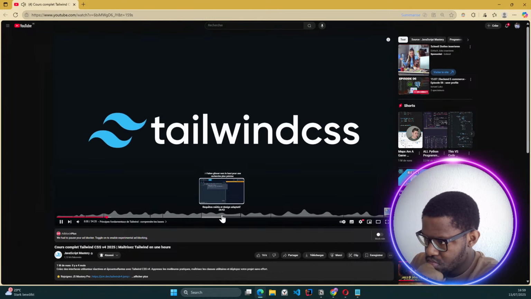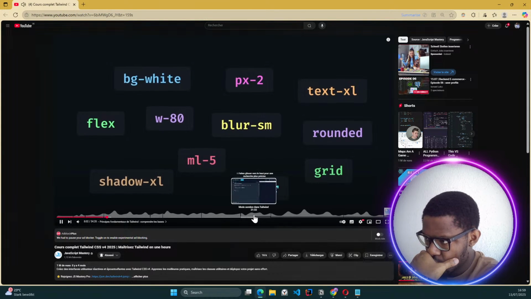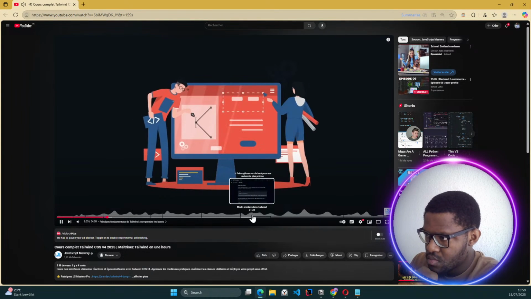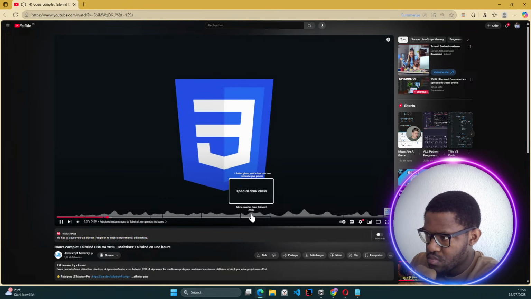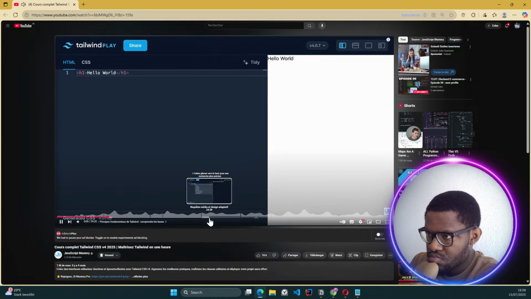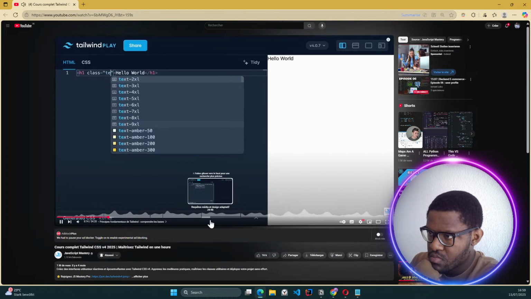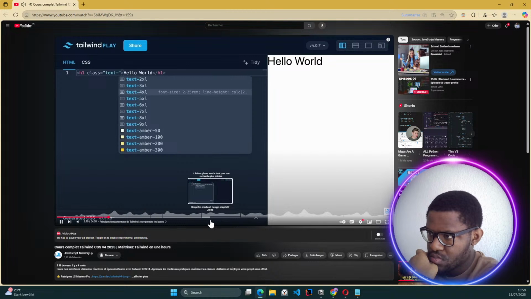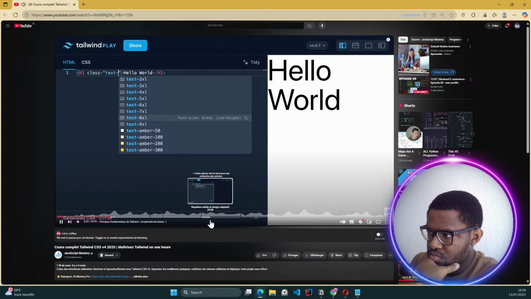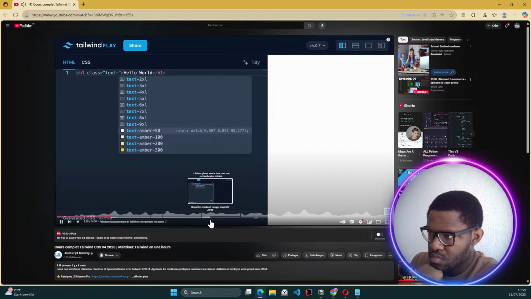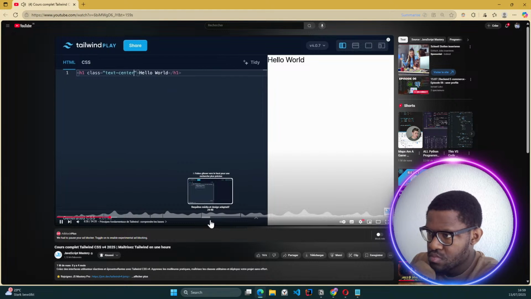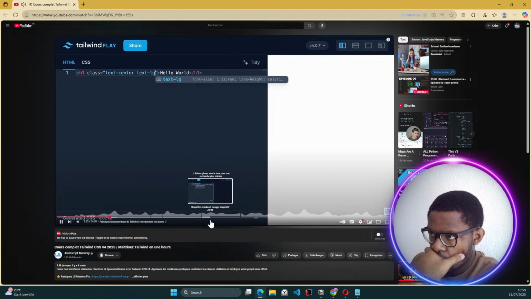As I already mentioned, Tailwind provides a set of predefined utility classes to style elements without having to write custom CSS. For example, we can very easily style this H1. Just start by giving it a class and start typing text dash. And immediately, you'll see a drop-down with all of the related utilities. This will include alignment, font sizes, colors, and more, making it super easy to explore and apply all of these different styles. So let's apply a property of text-center, text-lg, as well as